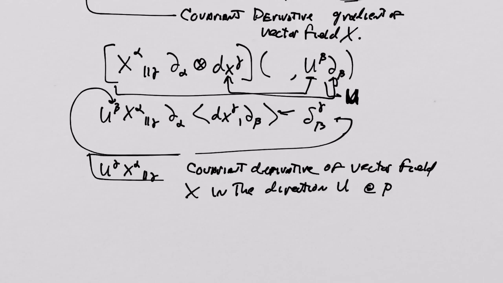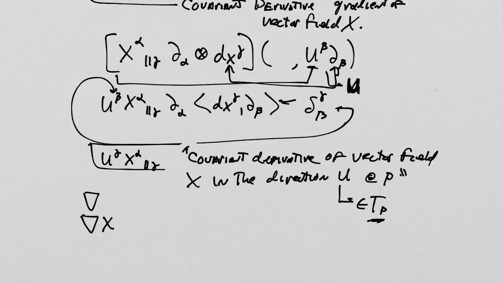And what p is it? Well, since u is an element of a tangent space, it's whatever that tangent space p is. It's the same p. So that's what they call this, the covariant derivative of vector field X in the direction of u. You could call this maybe the directional covariant derivative, but the point is it's a vector. And so ultimately you have three things. You have the covariant derivative, then you have the covariant derivative of a vector field, which is defined as